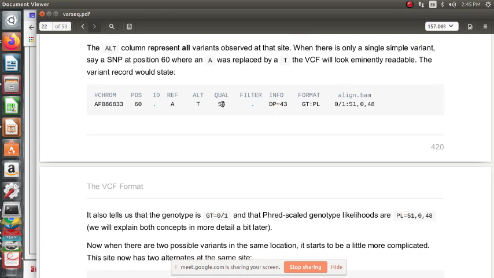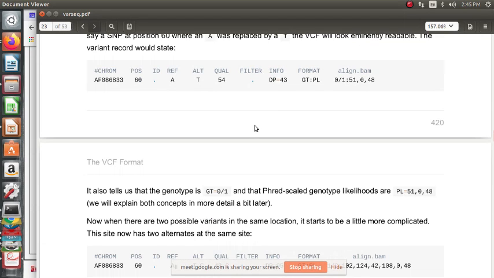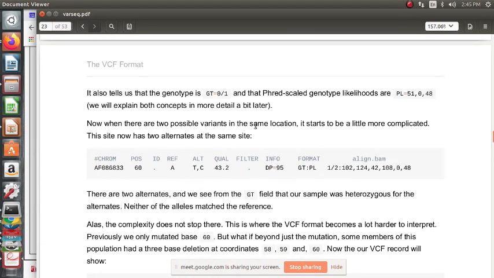So 1 minus 10 to the power minus 5 is the probability that this reference is actually transforming to T. That's almost 99.999% we are sure that this reference is varying to this T, A to T. It also tells us that the genotype GT is equal to 0/1, and that the Phred scaled genotype likelihoods PL is equal to 51, 0, 48. We will explain both concepts in more detail later. So this is what we are asking, right?